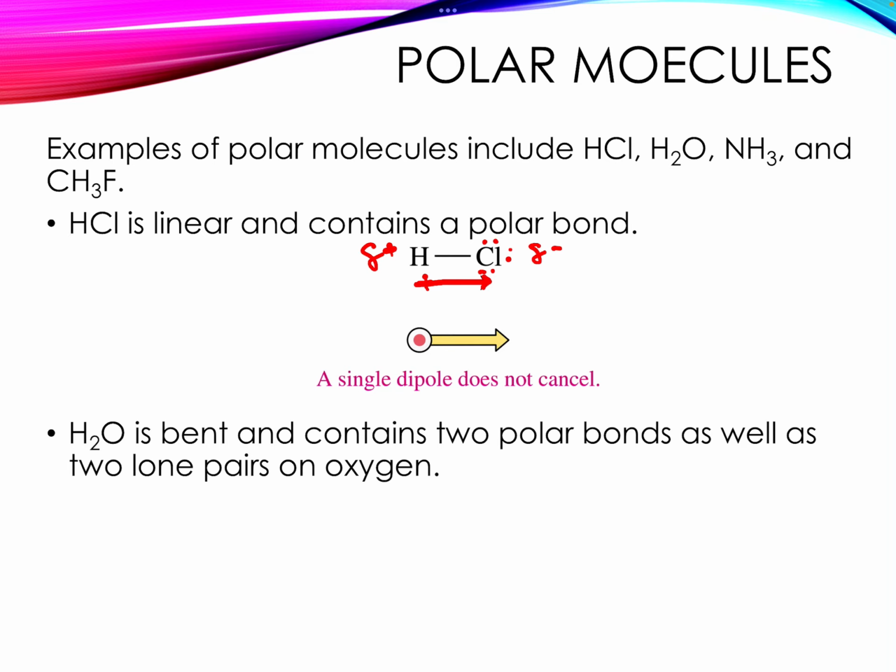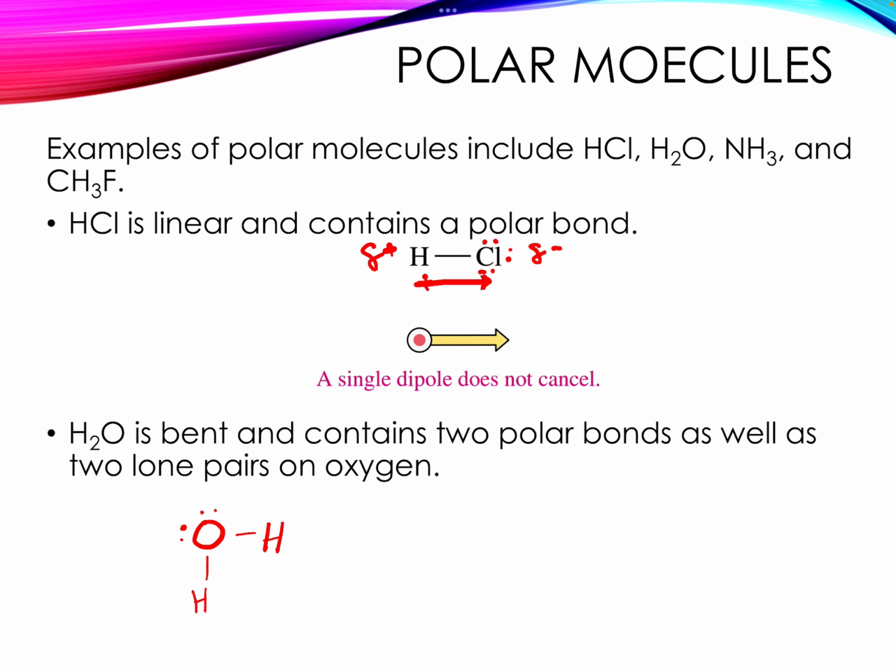Let's try another one. Let's try water. Water is H2O. And when I was talking to you guys during our Lewis structures lecture, I said that we needed to draw water a very specific way. And I told you we needed to draw water in this bent shape, right? I told you we had to draw water like this, okay? And today's lecture talks about why. So first let's go through how we do it correctly, and then I'll show you why we don't do it incorrectly. So in looking at this, the oxygen-hydrogen bonds are polar bonds